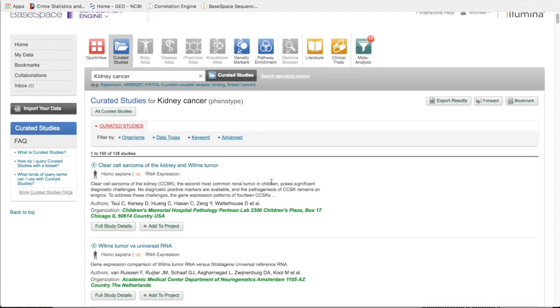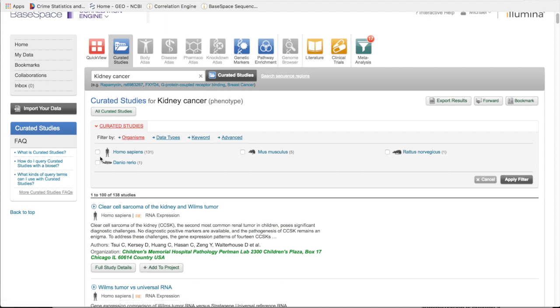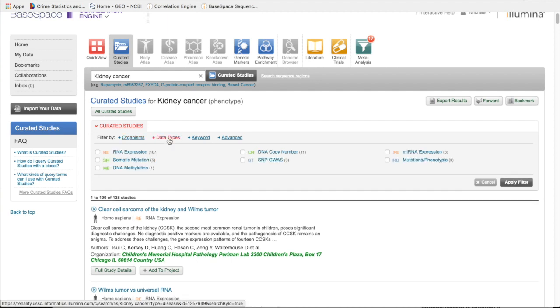138 is still a lot to go through, so I want to filter this even further. I'm going to go down here under curated studies and hit organisms. I'm only interested in humans, so out of these 138, there are 131 that are based on human studies. I can go to data types here. For this particular meta-analysis, I'm only concerned with RNA expression data. So I'm going to click on that, but you can see you can look at mutation data,